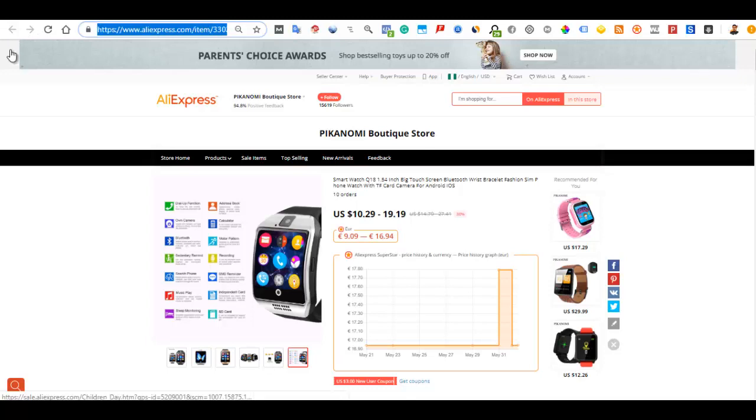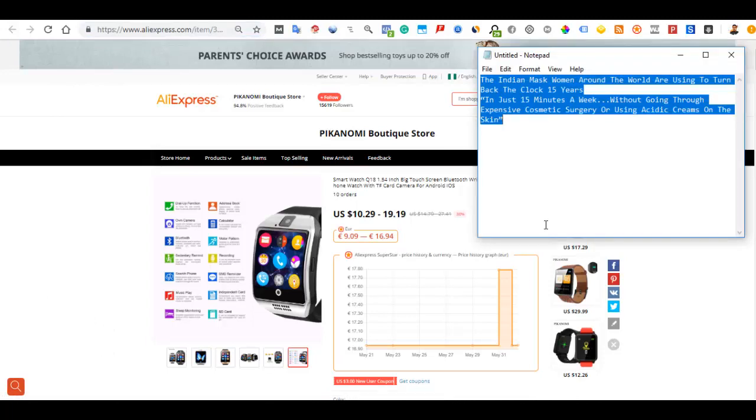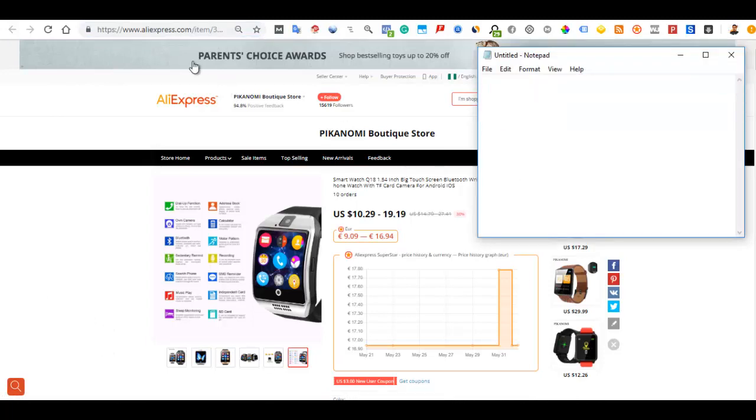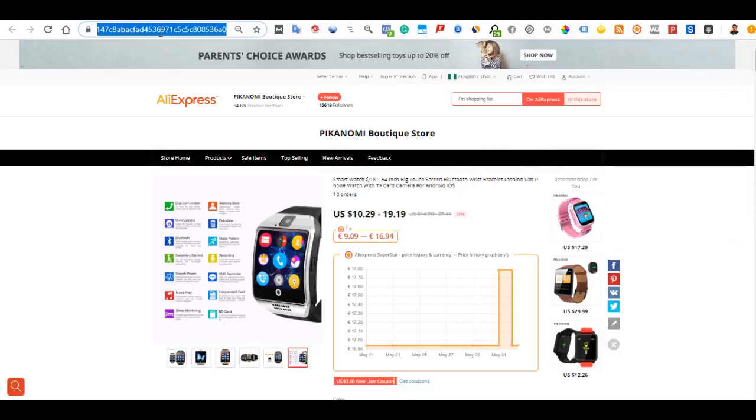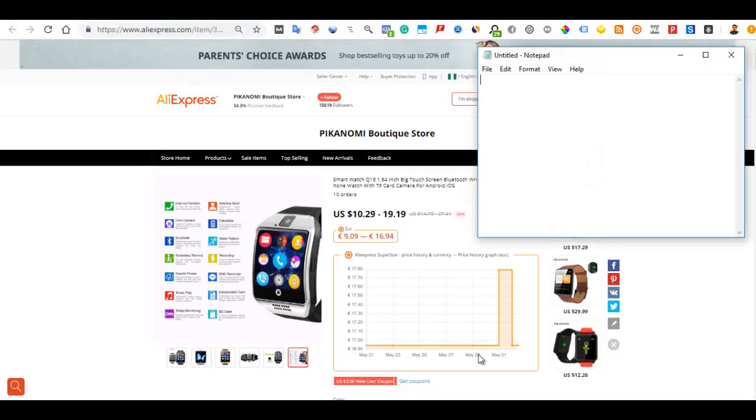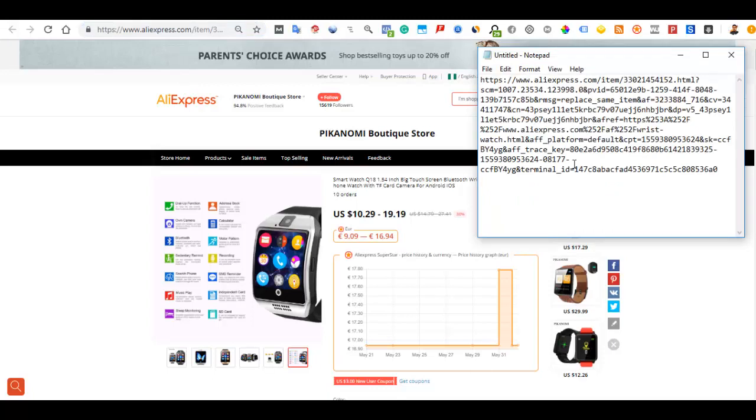Okay, below this page, just scroll down this page. You're going to see the different agents you can use for your sourcing. All right, just contact any of them. Some of them on WhatsApp, some of them on Skype. Just send them a message and they will respond to you. So you copy the link of your product. Let's say you open up a notepad. All right, so you highlight that copy, paste the code there. So this is the full code you are going to send to your agent, and